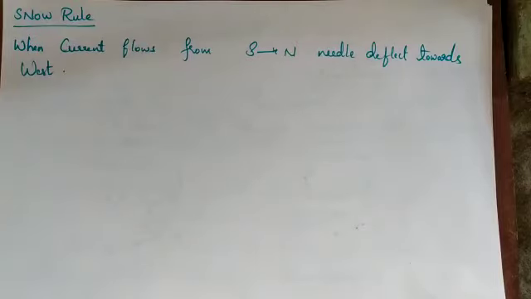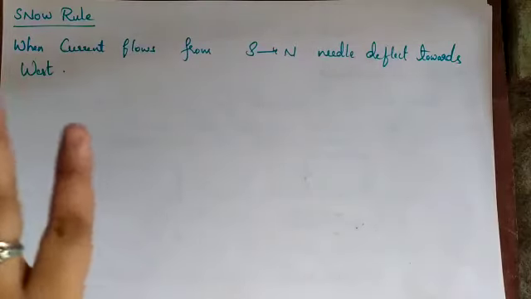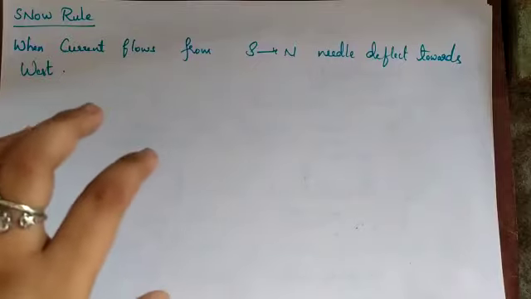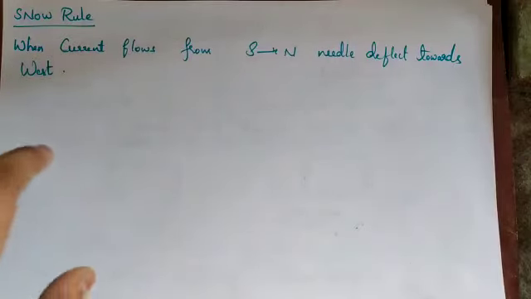It's not there in your textbook, so it is just for your convenience to know how the deflection shows. Because next, if you go further, there is the thumb rule, Fleming's left hand rule, Fleming's right hand rule, and so many rules. That means you may get confused, so if you remember this rule, you will be able to understand how the electricity flows through, how the magnetic needle shows the deflection when a current flows through it. Okay, if you know this rule, then it will be easy for you.